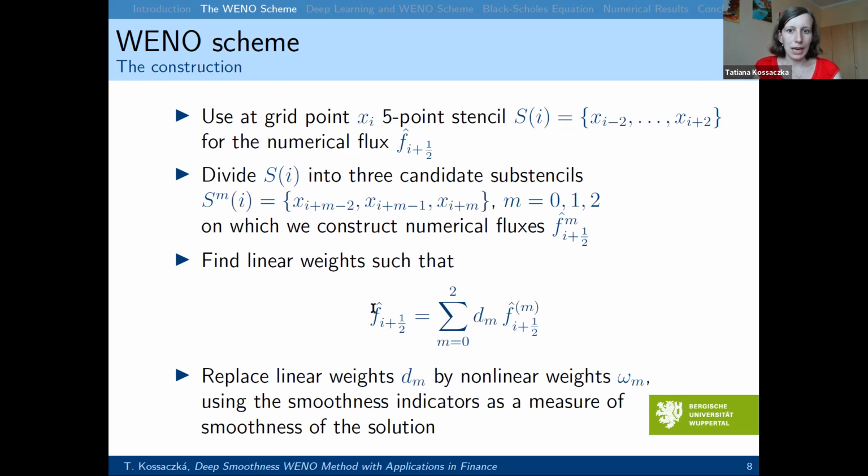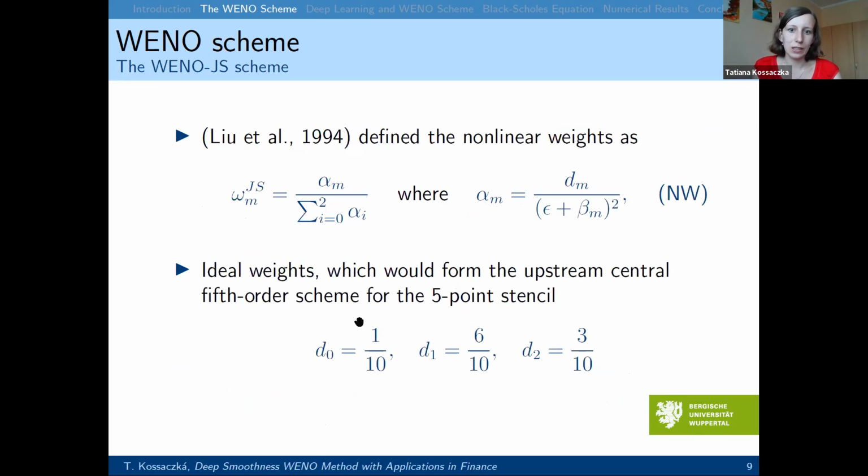So that's the basic idea. And as I said, we want to replace these linear weights, which would form the upstream central fifth order scheme, by nonlinear weights, and we call them omega. And we do it just in this way. As you can see, here is this linear weight d_m, and it's divided by epsilon plus beta_m. And this beta_m is the most important